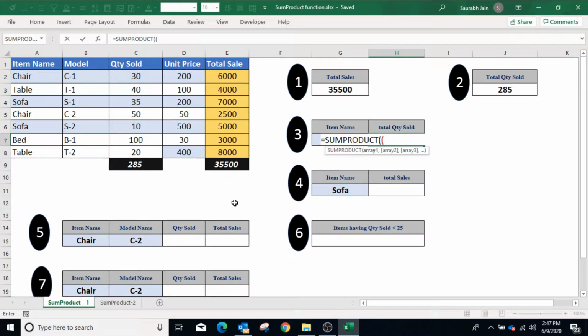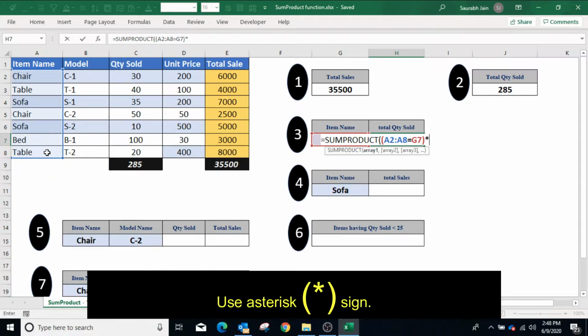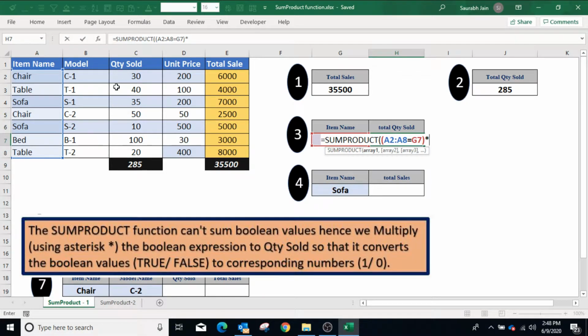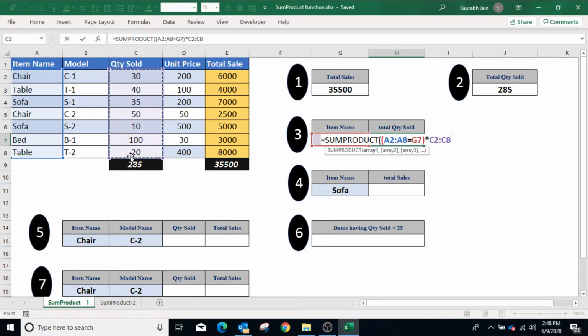Now in column A, we have to check the item, hence select A2 to A8 equals G7, in which we have mentioned the item name, closing bracket, multiply. For quantity sold, select cells C2 to C8, closing bracket.